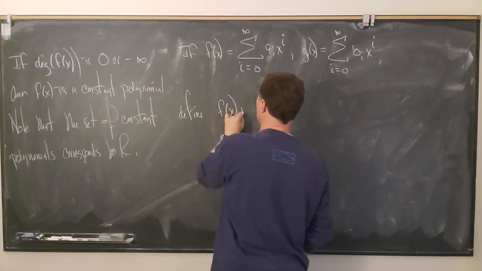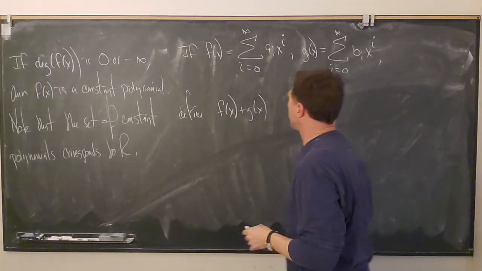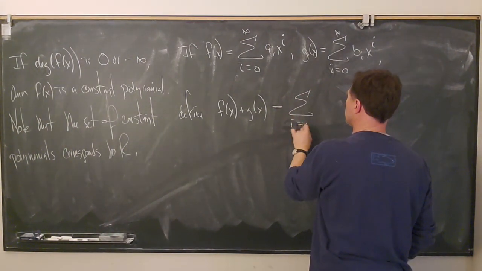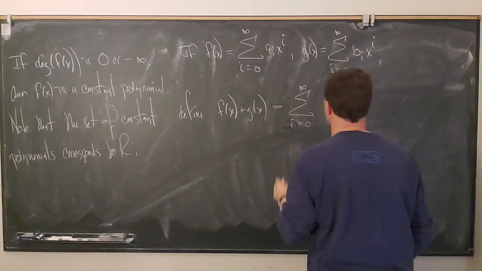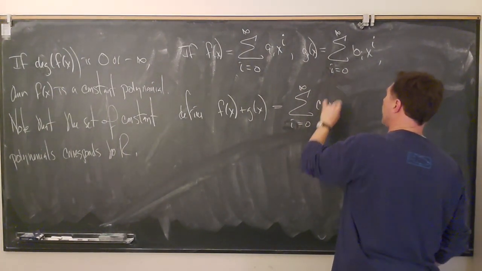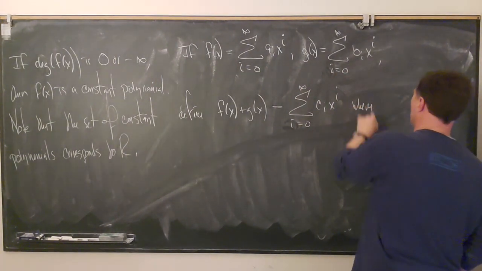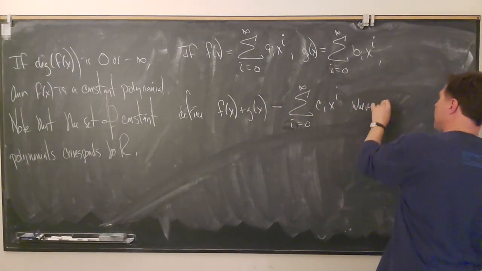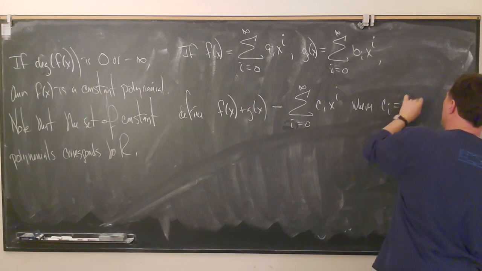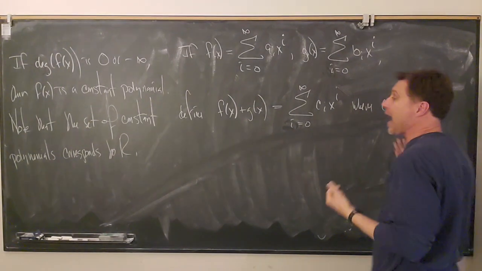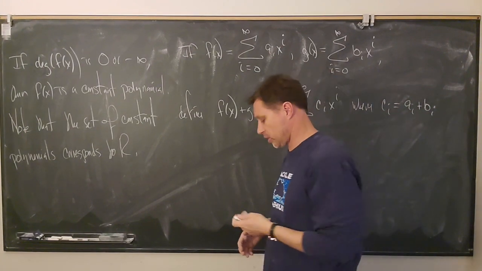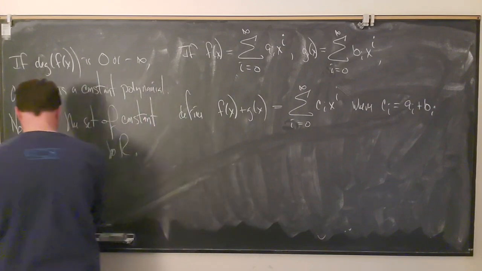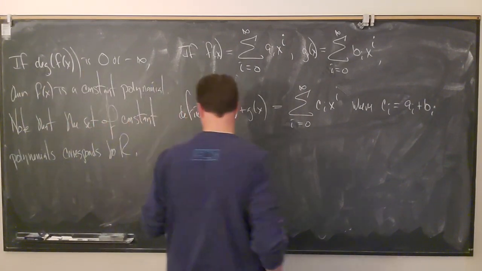polynomial addition, so f of x plus g of x is going to be the polynomial sum i equals 0 to infinity, let's write c sub i x to the i, where, how do you add polynomials? You just add the corresponding coefficients. So c sub i is equal to a sub i plus b sub i. Add polynomials exactly as you think you should. And we're going to multiply polynomials in exactly the usual way also. So we'll say